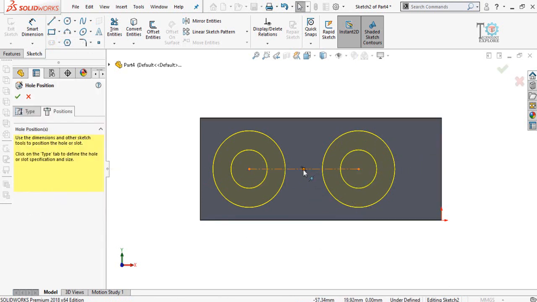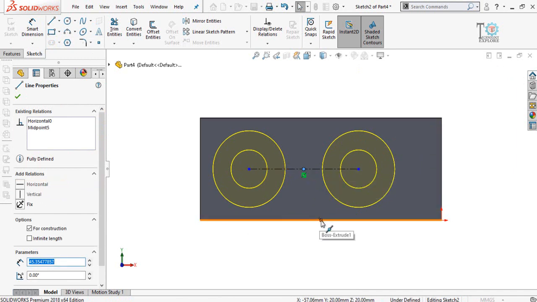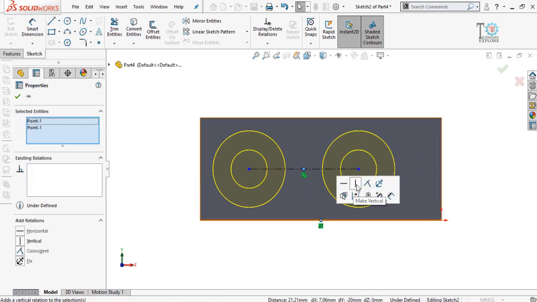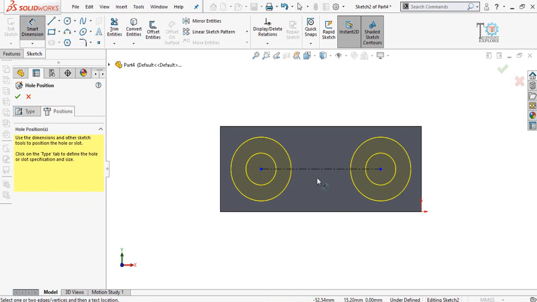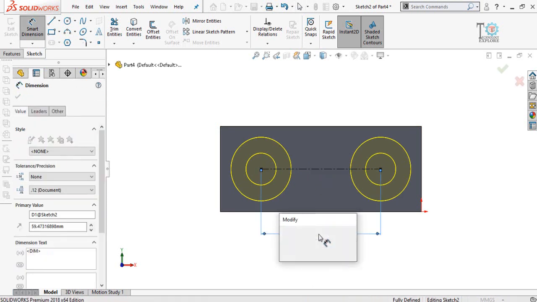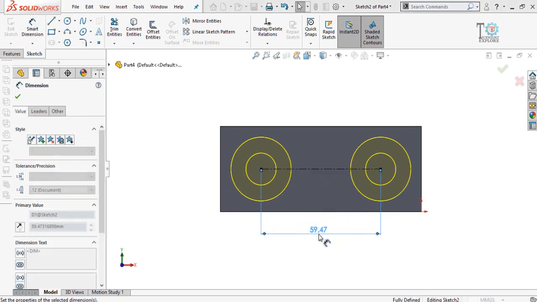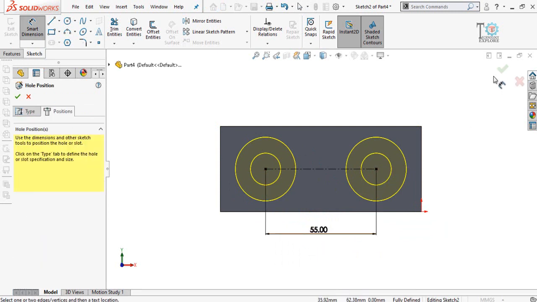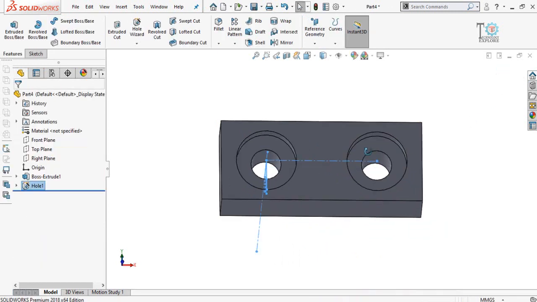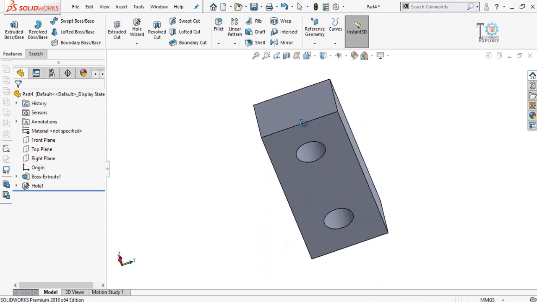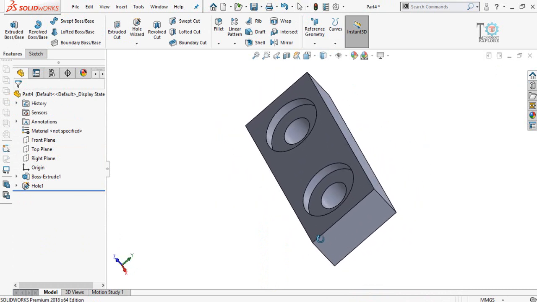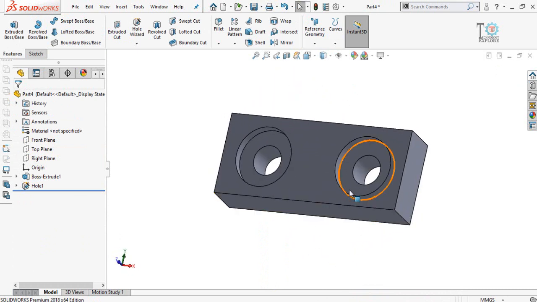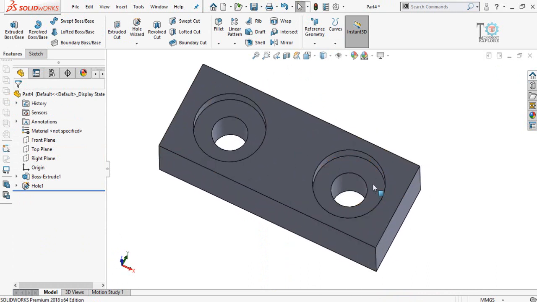Then select the midpoint and this midpoint, and make their relation vertical. Now define the distance between them, let's say 55 millimeter, and press OK to create. So this type of thing we have designed in SolidWorks, and now we are going to generate its G code for CNC machining.